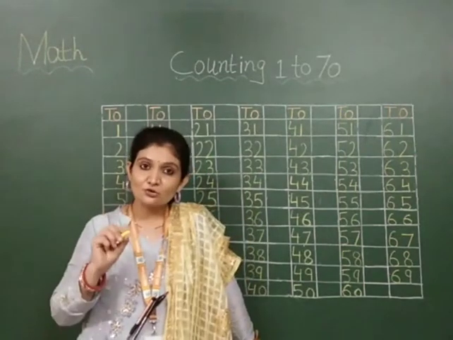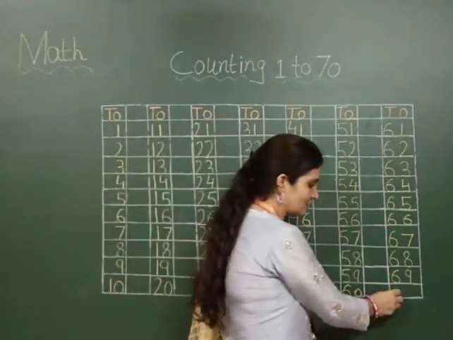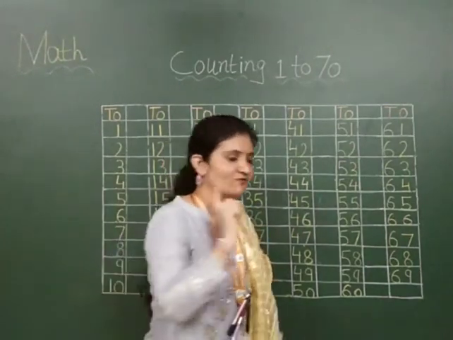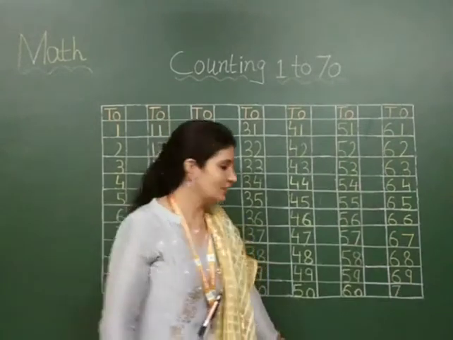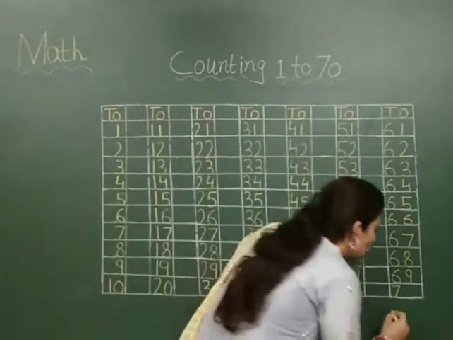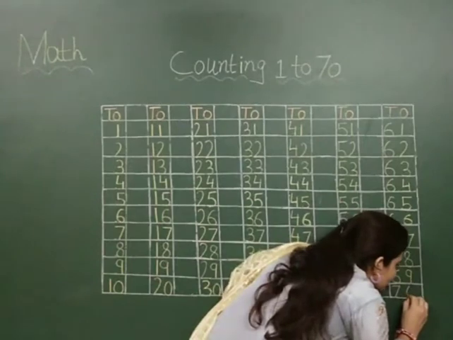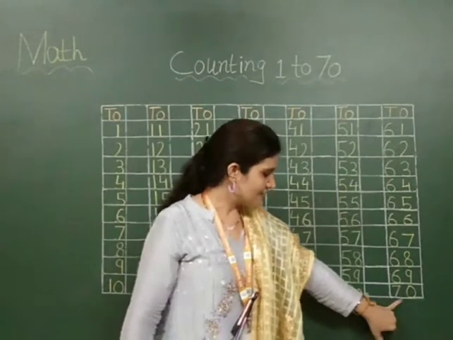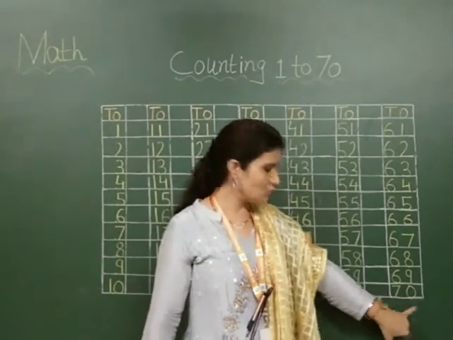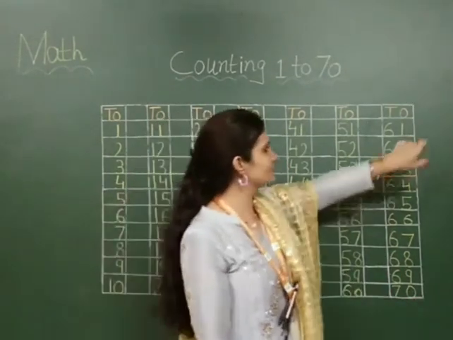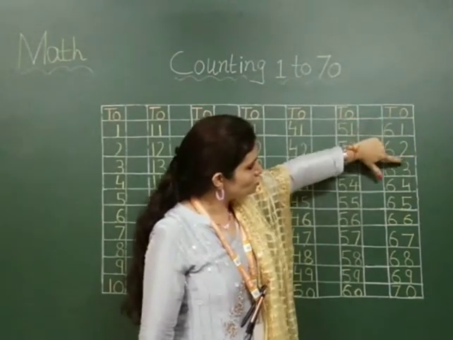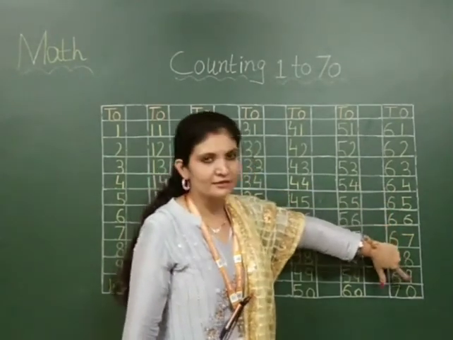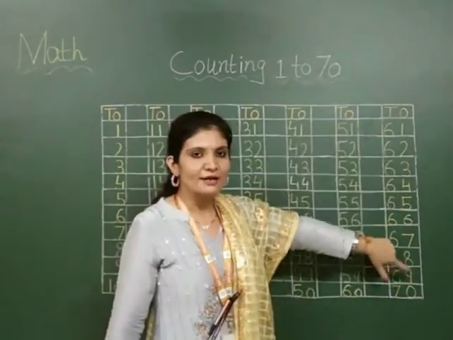Now which number come after 69? It's 7, 0, 70. So you have to write here 7, not 6. Okay. Because it's 7, 0, 70. First you have to make 7. Okay. Then you have to make a 0 below 1 like this. It's called 0. Okay. This is number 7 and this is 0. It's 7, 0, 70. You can see. 1, 2, 3, 4, 5, 6, 7, 8, 9. Till 9 you have to write like this only.